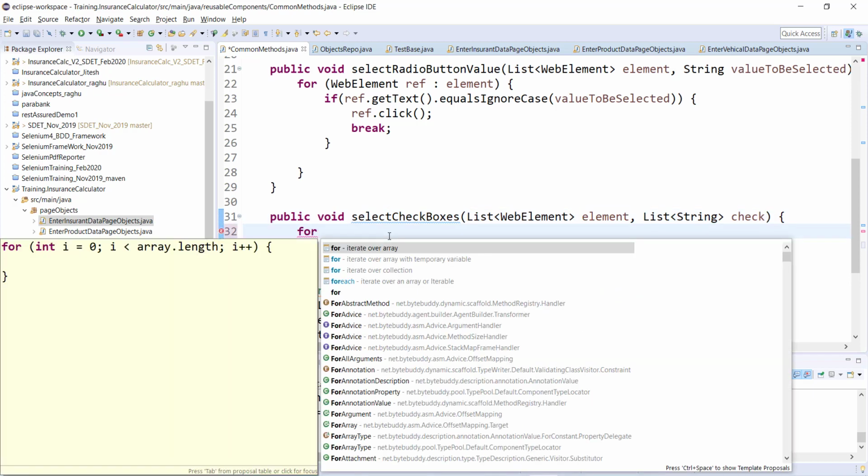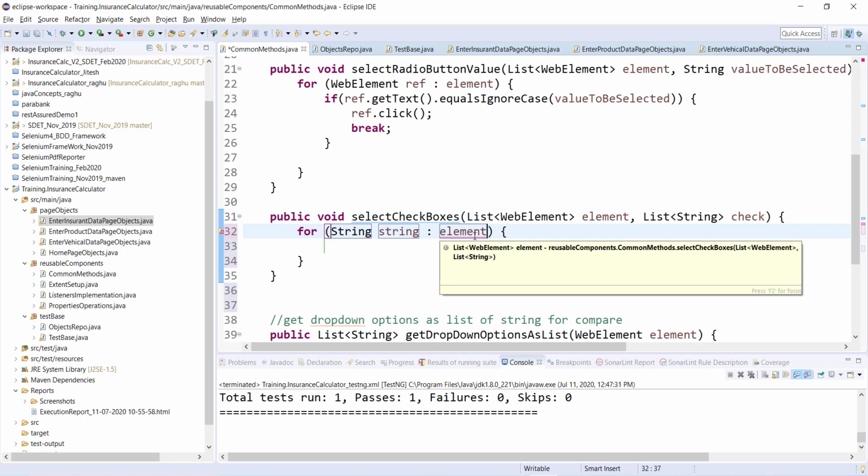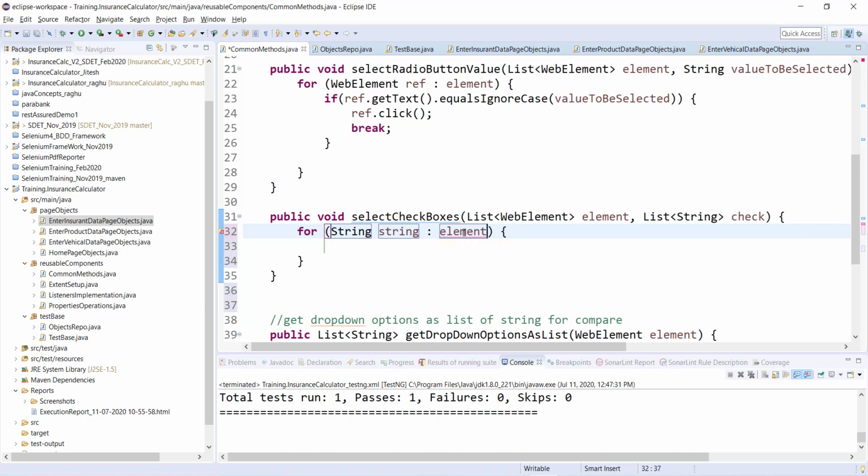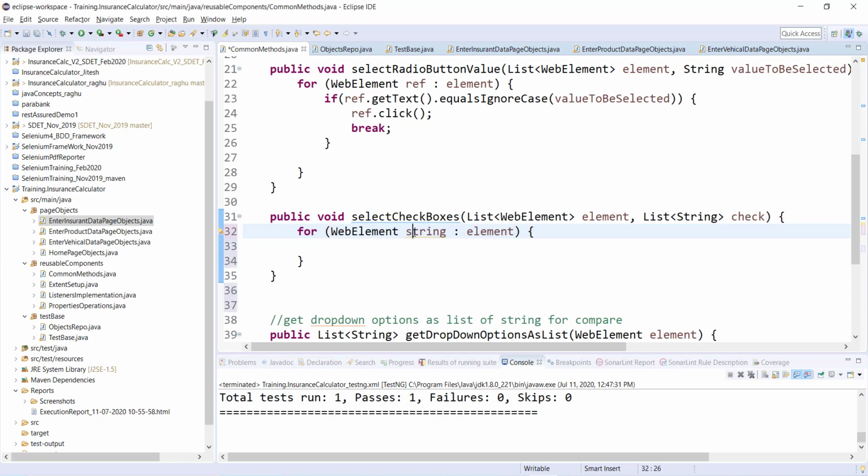Let us start by putting the first iterator on web element. So I will quickly modify this to iterate on web element, changing its type from string to web element, and I'll name it ele.